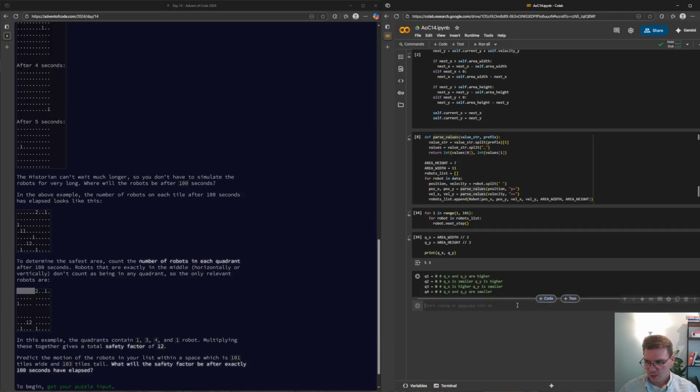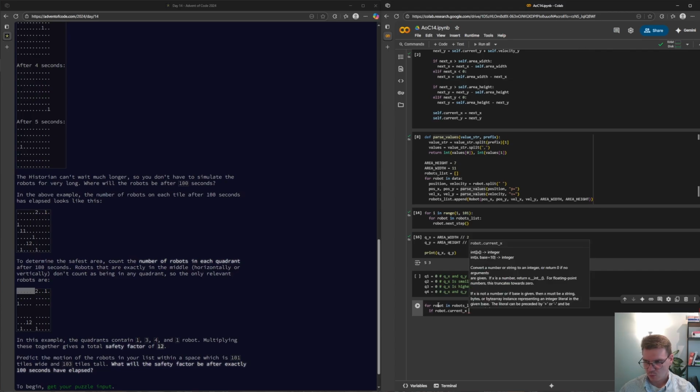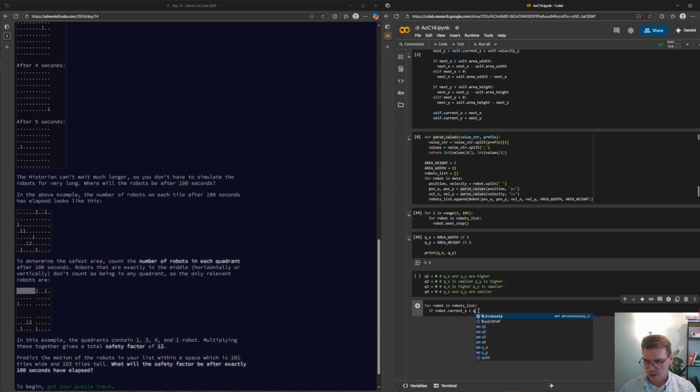Yes. So if we then check for robot in robots list, if robot dot current x is smaller than qx, and robot current y is smaller than qy, then we can say that q1 gets 1.